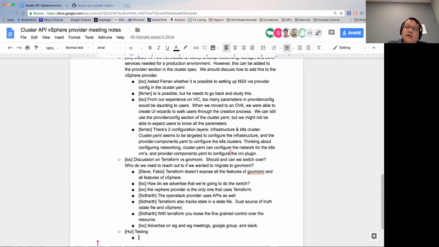some mirrored issues from the cluster API repo into the vSphere provider. I'm not mirroring every issue. There's one or two that I believe actually belong in the provider-specific repo and not in the cluster API. And I'll just start adding some issues